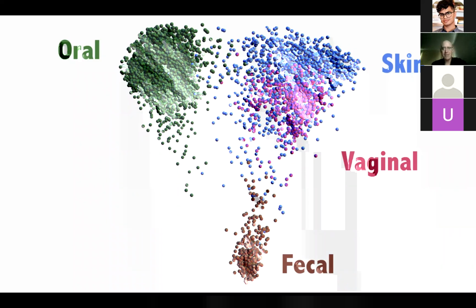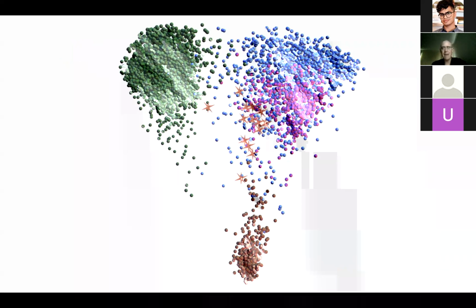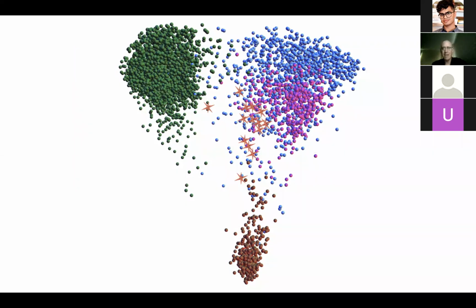And this map is just to reorient you on the HMP data with the mouth, the skin, the vaginal, and the fecal communities. And the best example we have of why you care where you are on this map is C. diff, a particularly nasty form of hospital-acquired diarrhea. These are stool microbiomes of C. diff patients, but you can see those orange spiky shapes are nowhere near the healthy fecal communities down the bottom in brown. And 4 of those patients are going to get what's called a fecal transplant from one healthy donor.